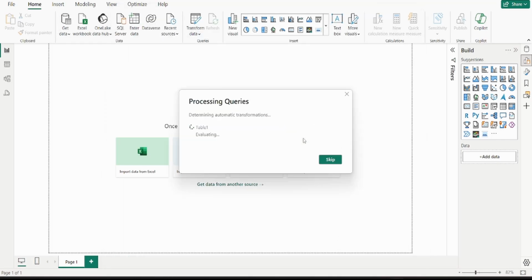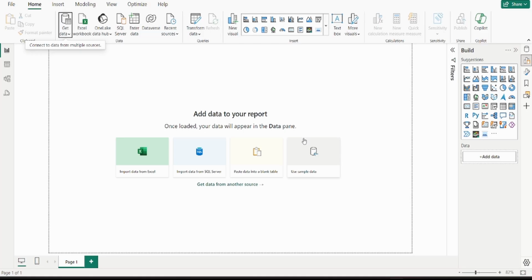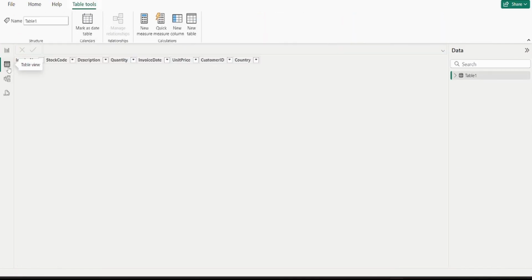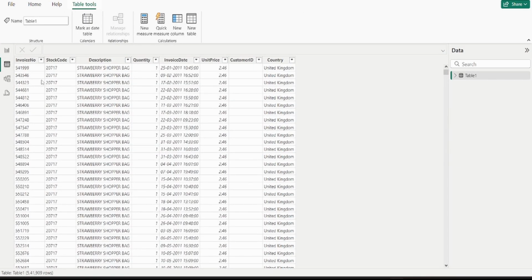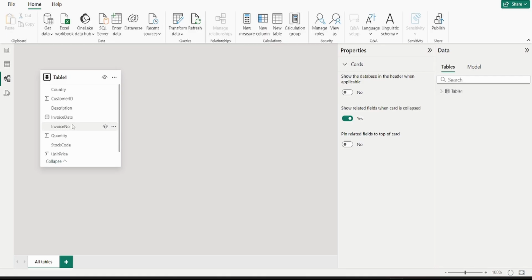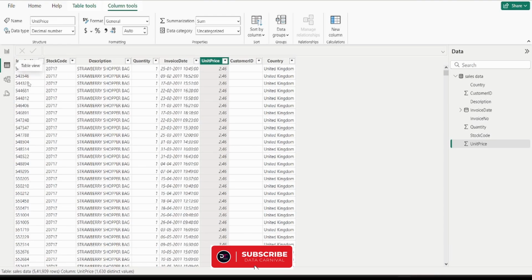Once loaded, you will see the 3 panels in Power BI. The first is report view. This is where we will build visuals and the dashboard. Second is data view. This panel displays the imported data, allowing you to check for correctness. Any new calculations or columns added will also appear here. Third is model view. This panel is used for data modeling, where you can join multiple tables using primary and foreign keys. In our case, we will work with a single table, so data modeling won't be required. Let's return to the data view to confirm that everything looks good.